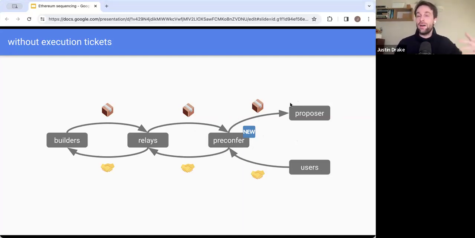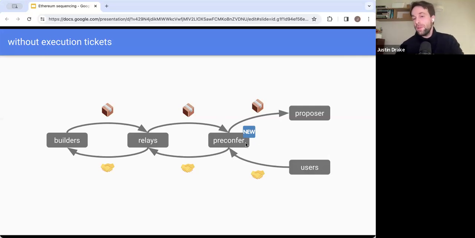That one pre-confer now has the right to pre-confirm on my behalf. So it's a form of delegation. And one of the nice things is that all the safety faults can be fully collateralized and the responsibility of the pre-confer, because that should never happen.